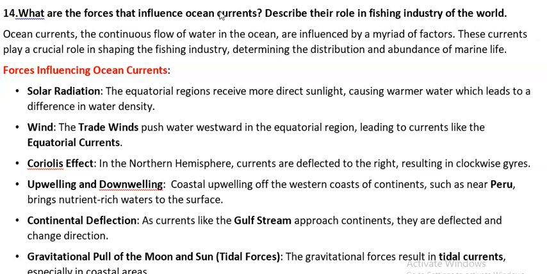Introduce them briefly. Then, while coming to the forces behind the ocean currents, we know that in the equatorial region it receives maximum sunlight and hot water expands. Then this expanded hot water will be moving towards the polar region as a continuous flow of water, which is the ocean current. Now, as the water is hot in the equatorial region,